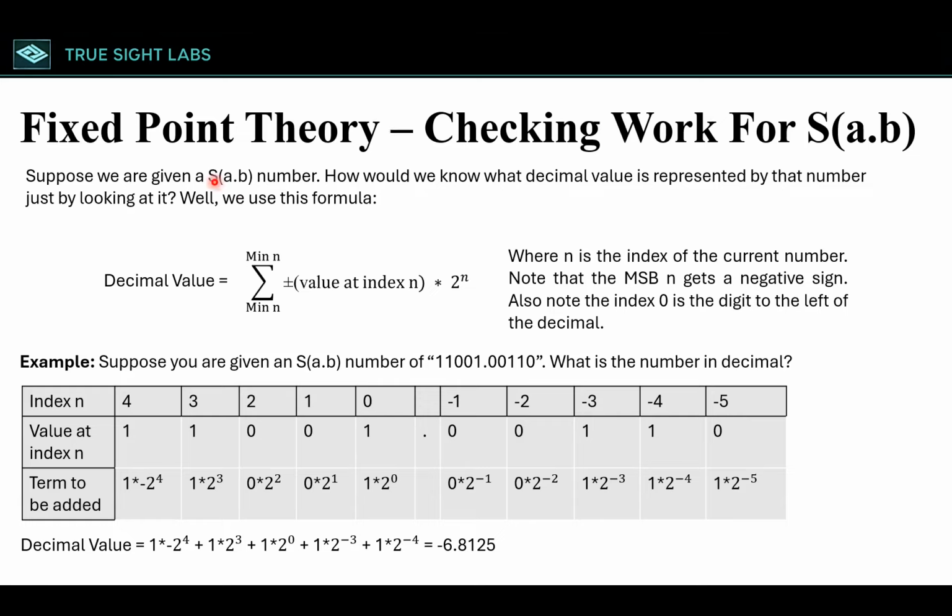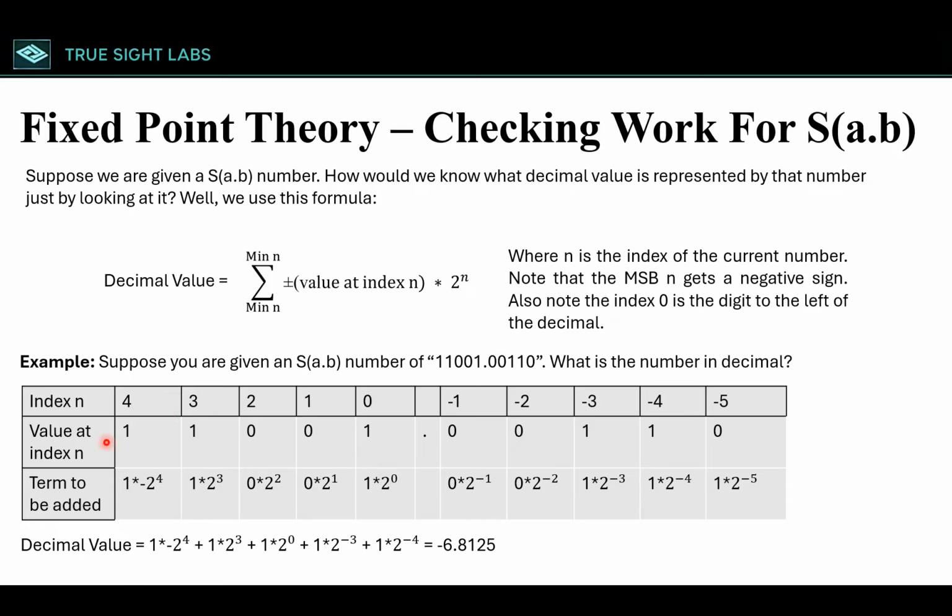All right, so now that we've gone over how to convert a number into its SA.B format, let's go over how we convert a number from its SA.B format back into its decimal value. So to do that, we use this equation here, where n is the index of the current number, and the most significant bit of n gets a negative sign, and the index 0 is the digit to the left of the decimal. Okay, so in this example, suppose we're given this number. How would we know what this number is in decimal? Well, the best way, using this equation,